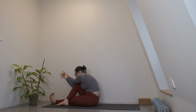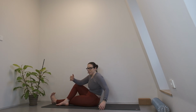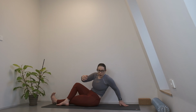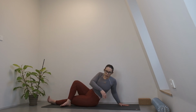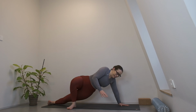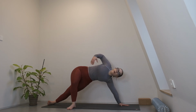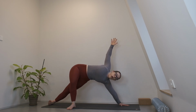Gently, gently peel your spine away from the top knee, unravel the arms and retrace your steps. So you're going to plant your left hand at the front of the mat, turn all 10 toes towards the opposite side of the mat, and then push the floor away to come back into a supported side plank here, reaching the right fingertips up towards the ceiling and lifting through your bottom hip to really raise the hips